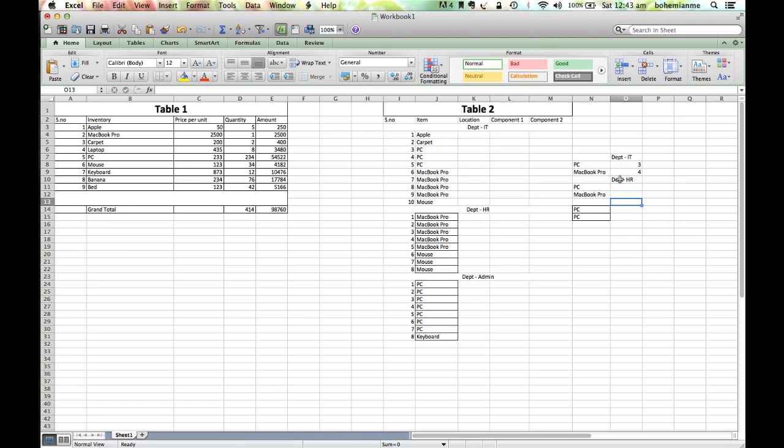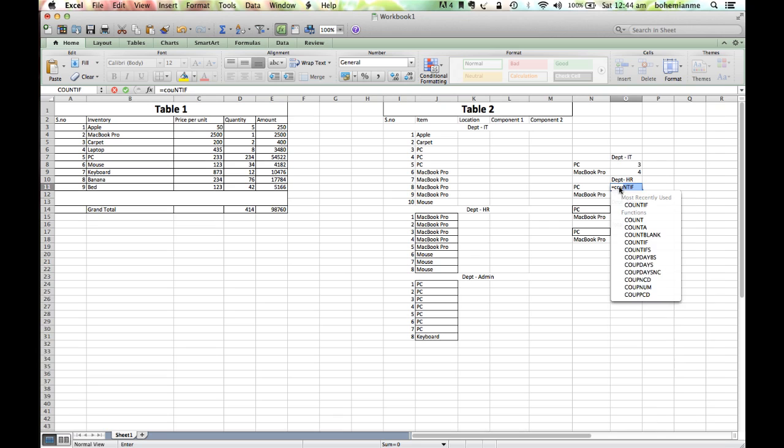Then we will be having it for department admin, and then we will sum up the total, right? So now we will just do the same thing, COUNTIF, and define the range, then bracket starts, then MacBook Pro,